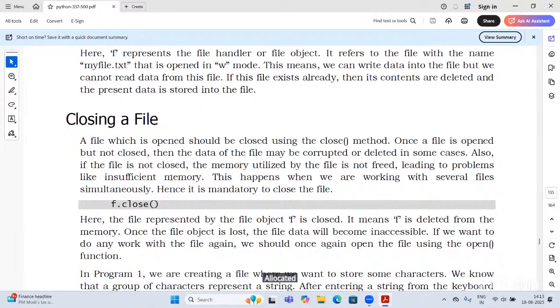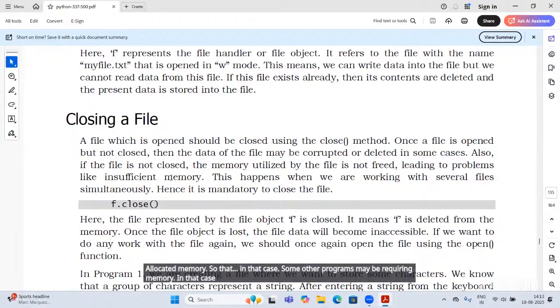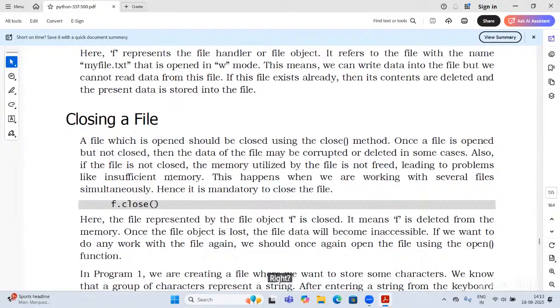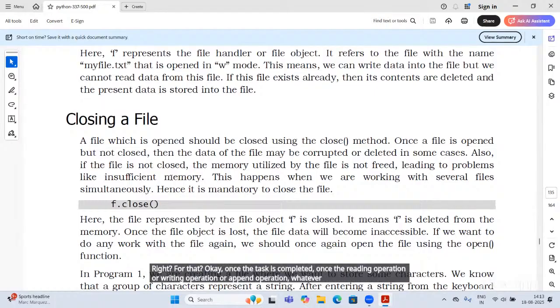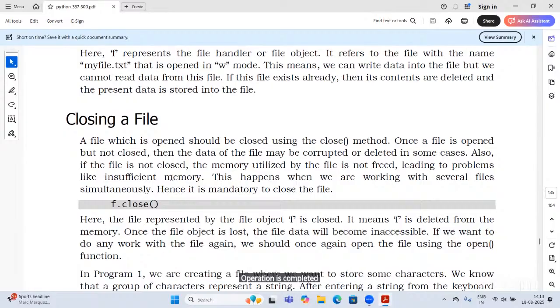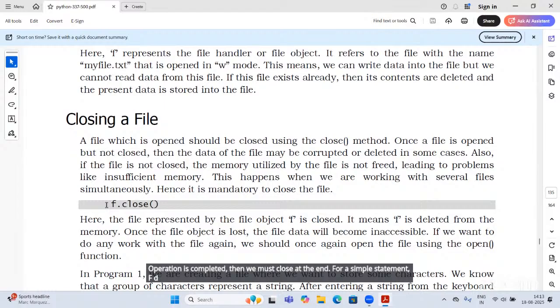In that case, some other programs that require memory will get insufficient memory. So once the reading, writing, or append operation is completed, we must close the file at the end. The simple statement is f.close.